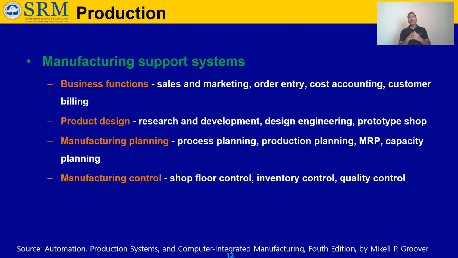For example, if the industry wants to make some new proposal, first they want to do a survey of the real world: for the components we are planning to propose for the future, will they be acceptable to the customers? Then they do a pre-survey through this business function team. Sales and marketing people go out and get the survey, the customer needs are analyzed by them, and it is given to the product design team, meaning the R&D team, the research and development team. The research and development team does the complete understanding and analysis of the information provided by the sales and marketing team about the customer requirement.